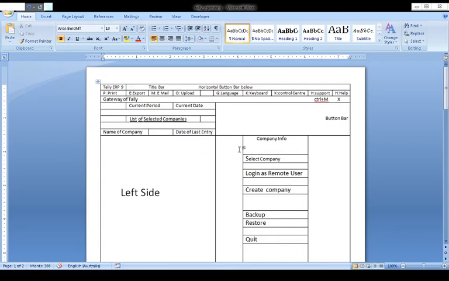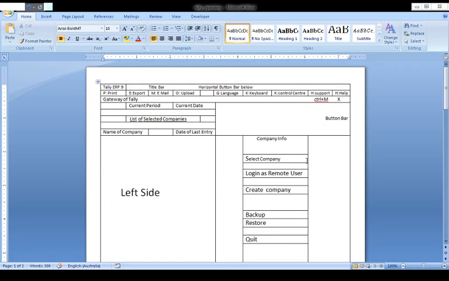Fine. Now I am switching over to the right side. Of course, I have written left side, you will not find that in Tally when you open it. It is for you to know, that's all.